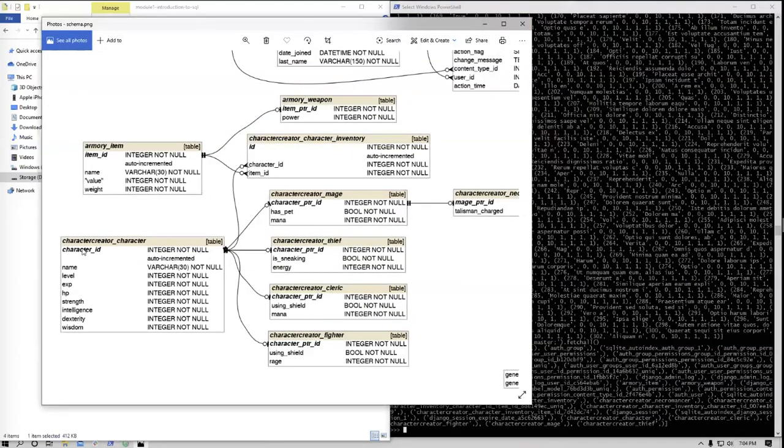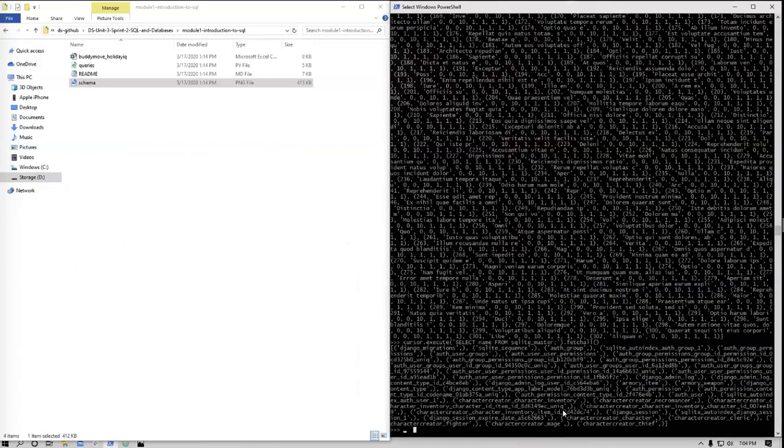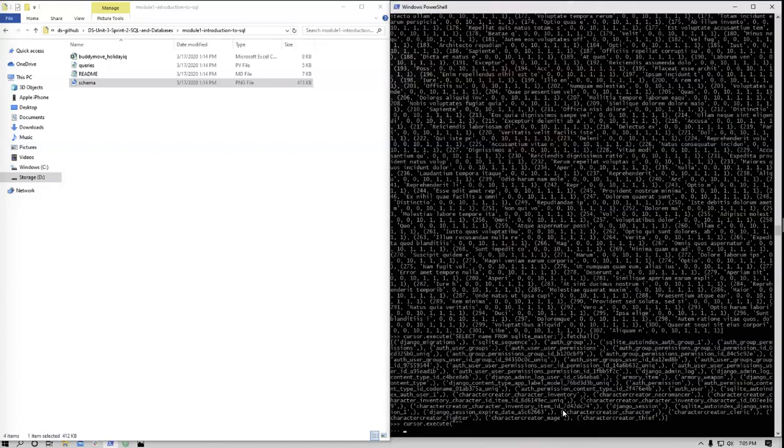Okay, so I need character ID and character PTR ID from that table. So let's take a look here. We're going to be executing another command, and what we're going to do here is cursor. So you'll notice I did the three quotations. It's just so I can do a multi-line string. That's going to be a formatting technique that I use to keep this a little bit more organized.